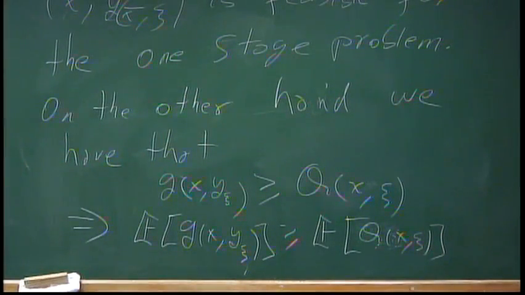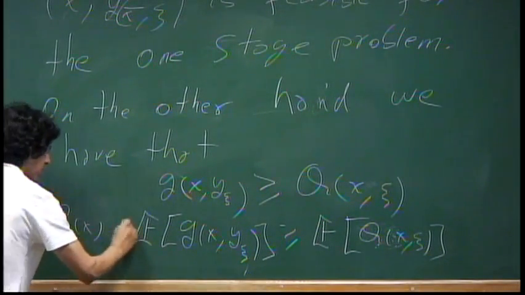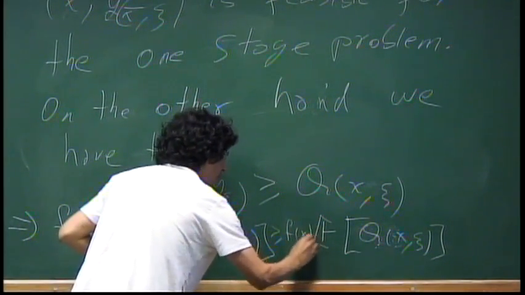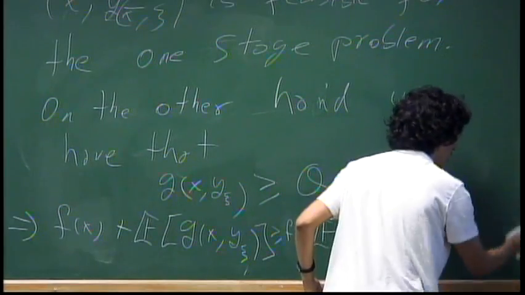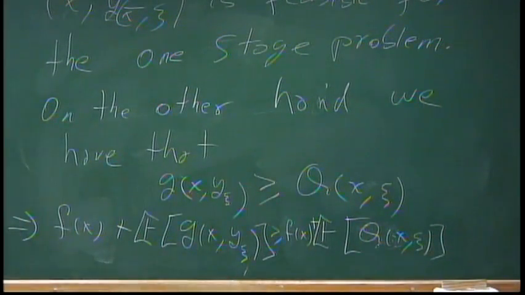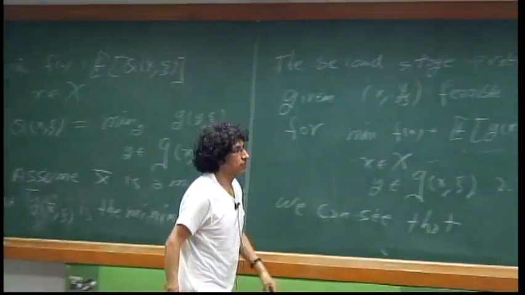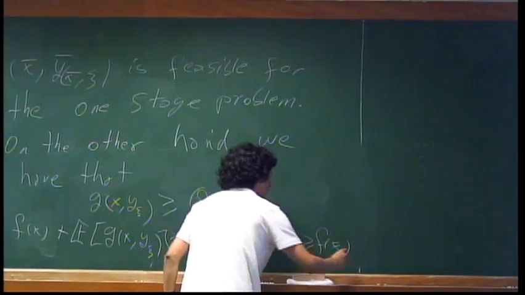Okay, and actually we can have this, because I am adding only one constant, okay? So there's no problem. But since x bar is a minimizer for this problem, we have that all this is greater or equal than